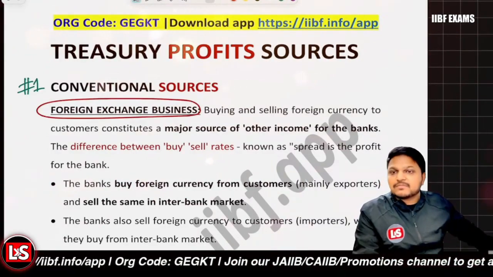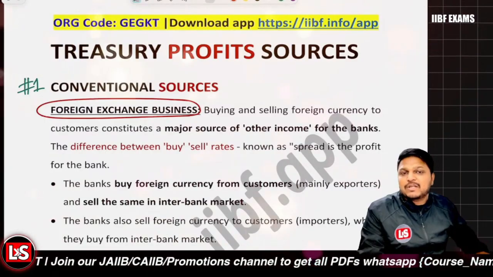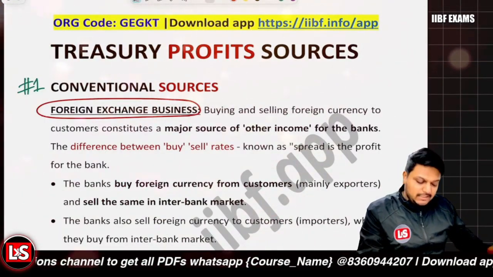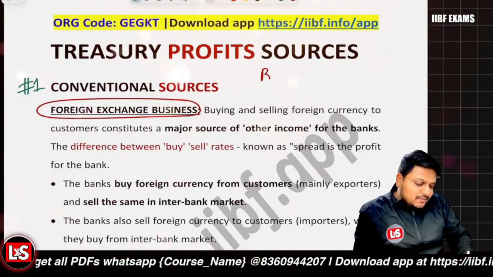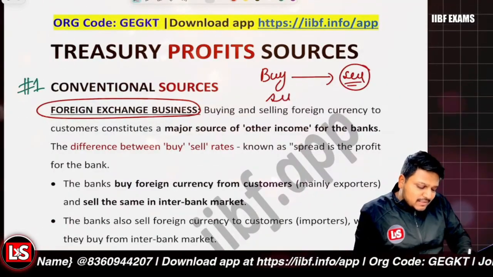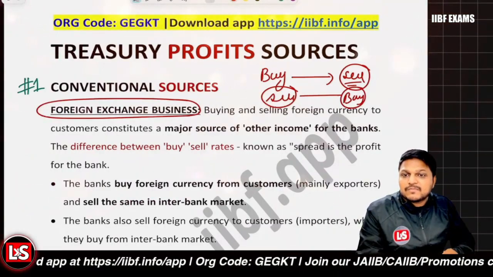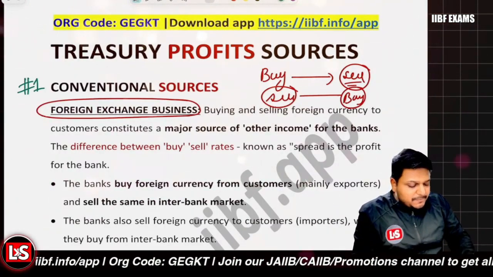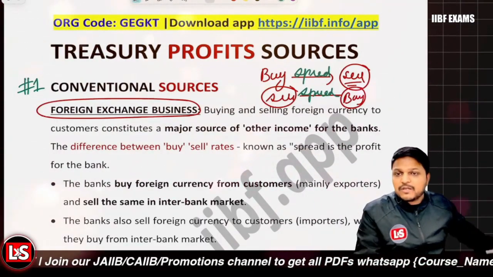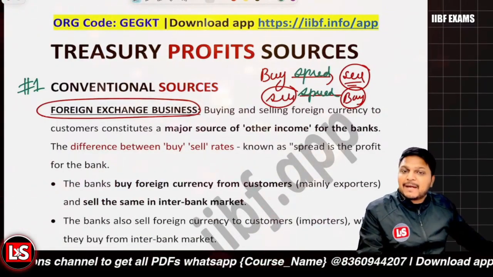foreign exchange business. Like foreign exchange dealings form a major component of the treasury income, right? So the bank is going to earn the profit through the spread between buying and selling. Let's say we are going to buy the currency and further we are going to sell the currency, or let's say we are going to sell the currency and then buy the currency. These could be the cases, and whatsoever the spread that we are going to earn in between, that basically makes most of the profit for the treasury, right? So what is spread? Spread is the difference between the buying rate and the selling rate,